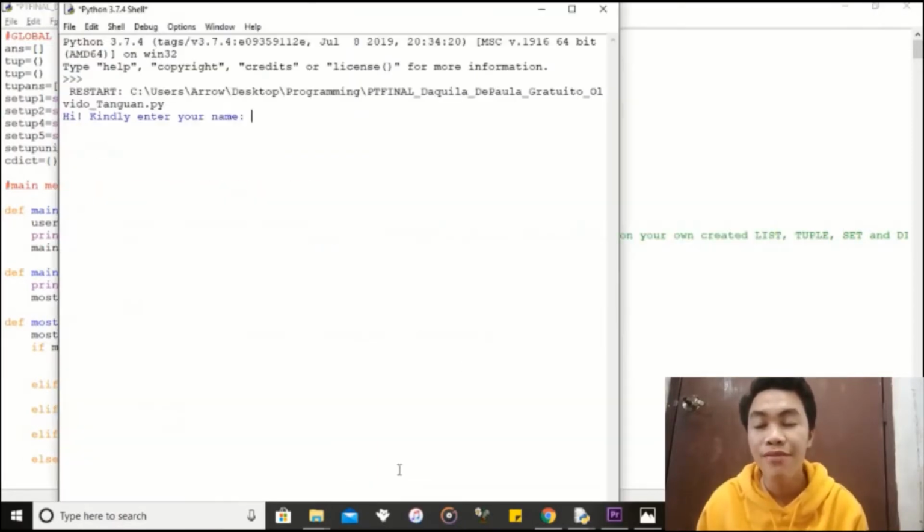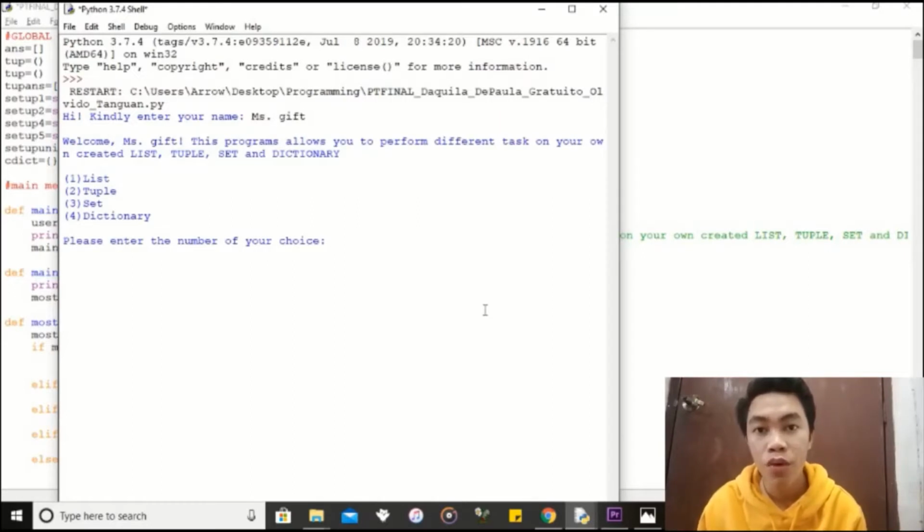After you press F5, you are asked to enter your name. So enter your name. After you enter your name, the four modules or the four options are displayed. So let's give the floor to EJ to explain to us or to run the first module or the first